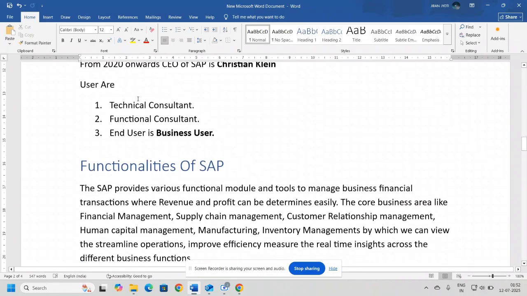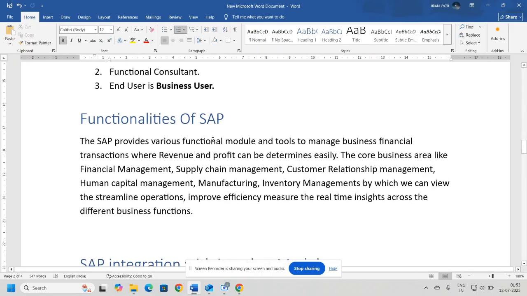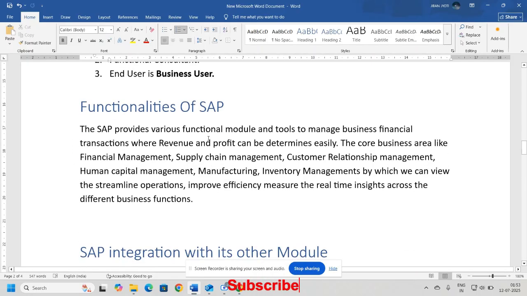As we have discussed earlier, there are three kinds of users in the SAP business model. One is the technical consultant. The second one we call the functional consultant. The third one is called the end user, I mean the business user. The business owner or any person who is designated as the end user will be given access to run that application specifically. Here the SAP company will provide that access and the tool, the functional modules, to manage the business financial